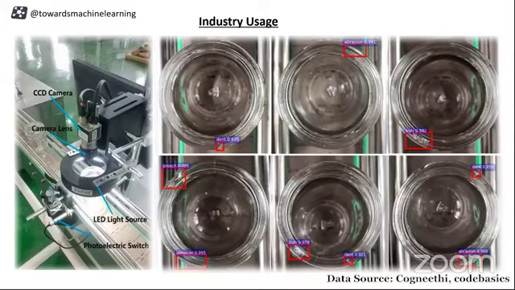So this kind of thing is very useful in industry. If such a product reaches a person's hands when they buy it, the company doesn't want to defame themselves, right? They want to remove this product as soon as possible from their assembly line. So this can be automated using detection techniques as well.